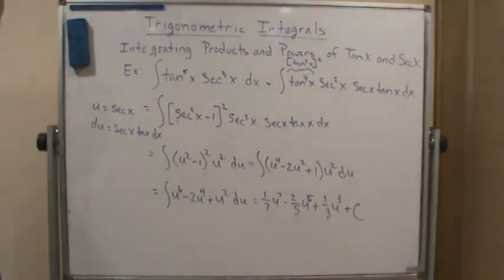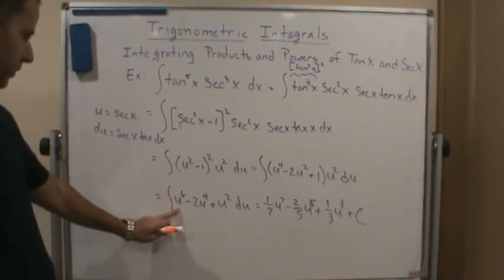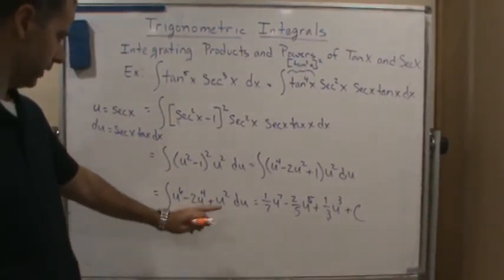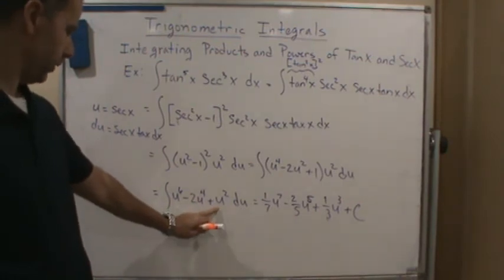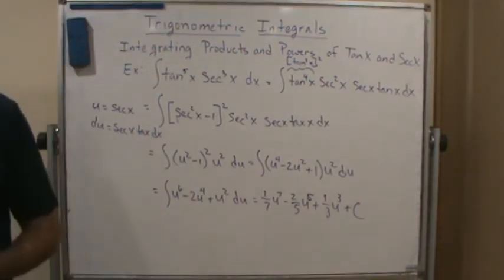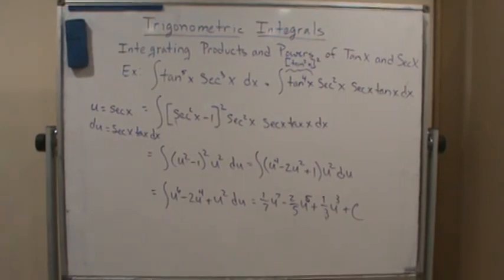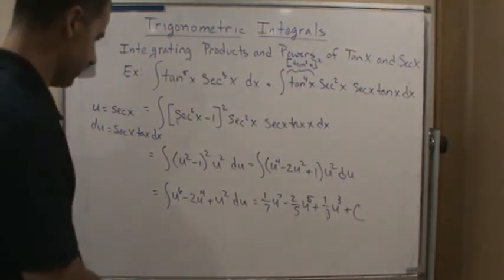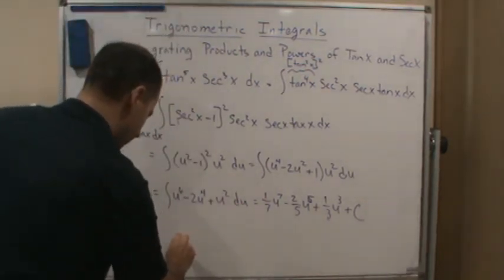Okay, so let me do that one more time. So we get 1/7 u to the seventh, good, minus 2/5 u to the fifth, good, and we get 1/3 u to the third plus c. So that's what we end up with, and now all we have to do is substitute back in. So u is secant, so now our final answer becomes